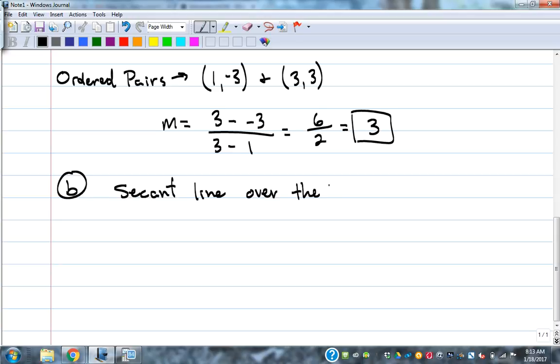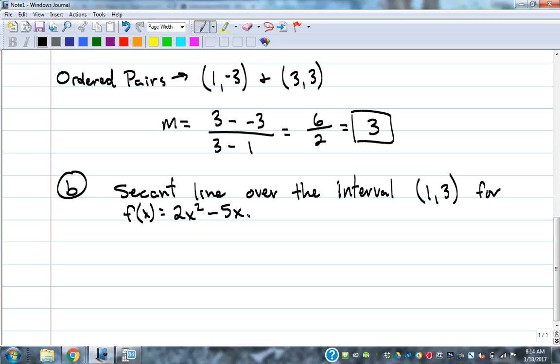over the interval 1 to 3 for f of x equals 2x squared minus 5x. So it's the exact same problem. We're just extending it. Okay? Now,